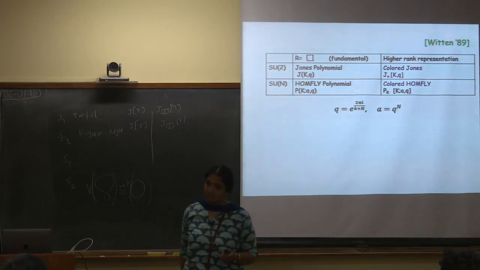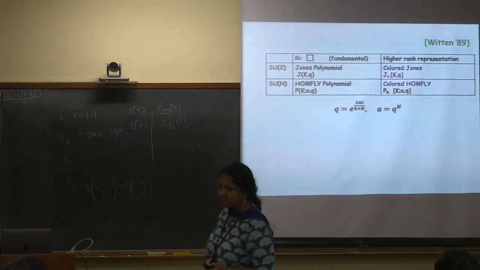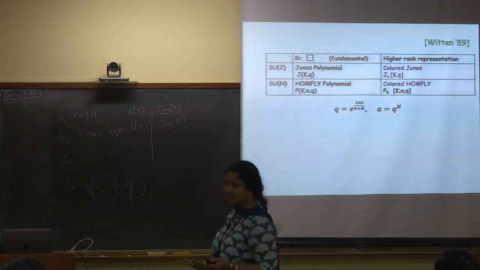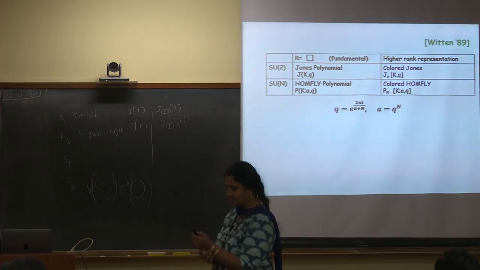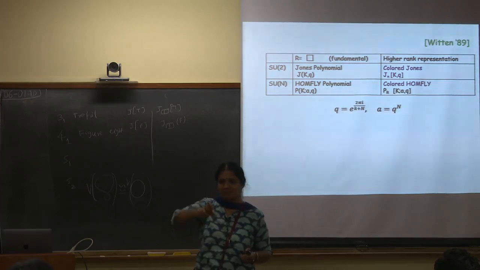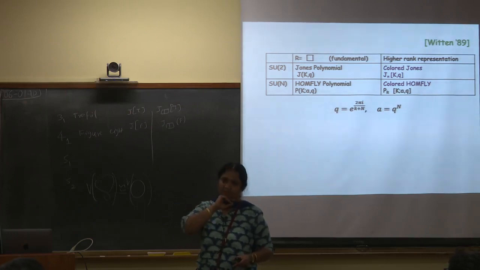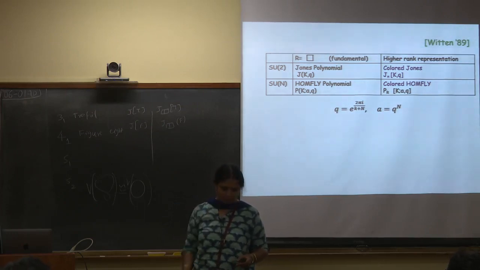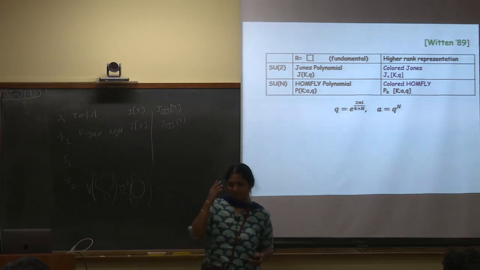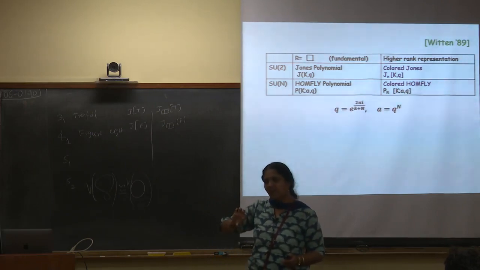Is that clear? Relatively small knots which are not distinguished by any of these things. Yeah, that's what I am saying. There is a class of knots called mutant knots. So what is mutation? You take a region, you give a 180-degree twist to it, and put it back. That's it. You take a knot, you remove a region, you give a 180-degree twist to it and fit it back. So how is it that physics cannot distinguish it? Yeah, so this was my long-back PhD work where we showed this operation is an identity operation.